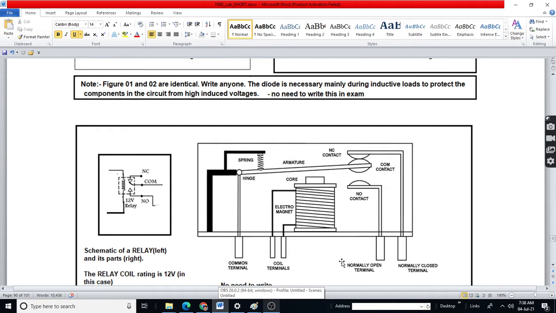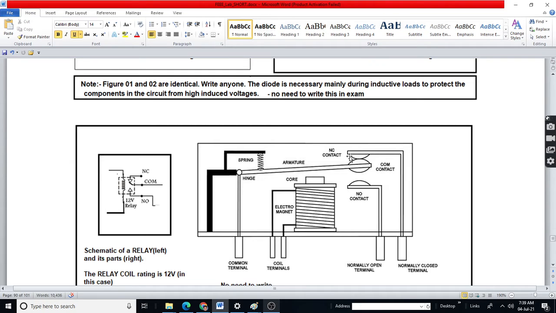Normally means when the relay is in de-energized state, means no current is flowing in the relay coil. Spring actuation will be there, that will be holding the armature to upper side.